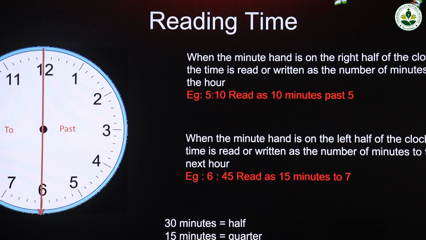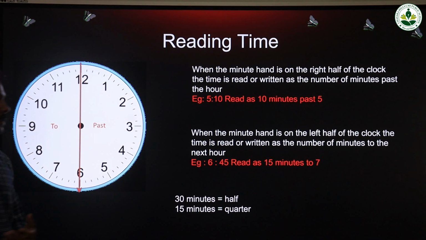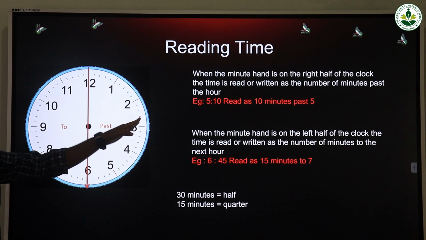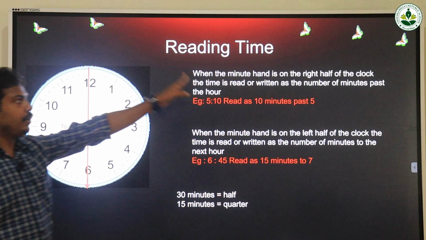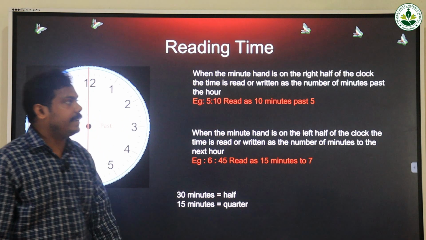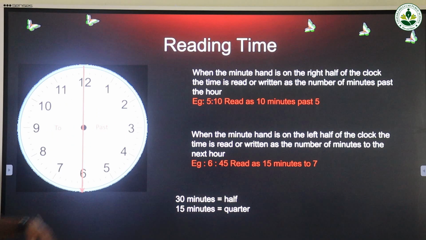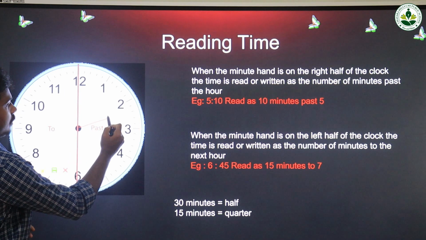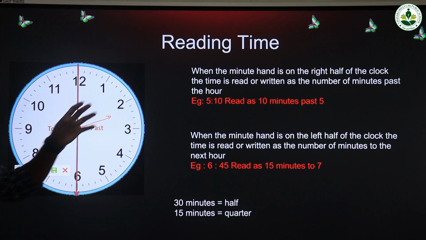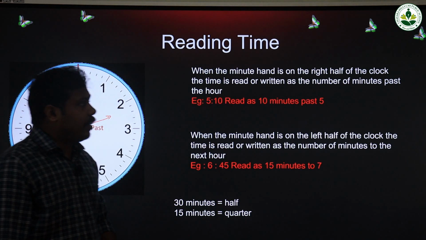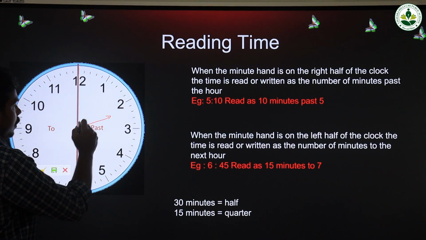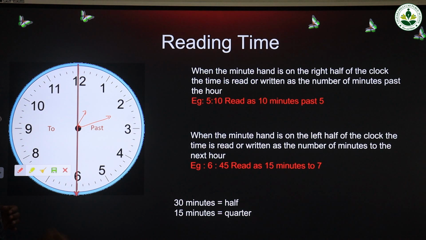Now next one is how to read time. We can divide the clock into two halves. This is past and this is to. When the minute hand is on the right half of the clock, that means this side, the time is read or written as the number of minutes past the hour. If the minute hand is on 2 and the hour hand is on 1, we can say it as